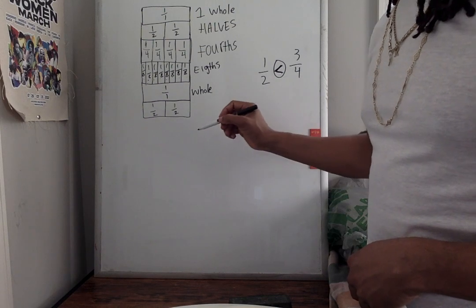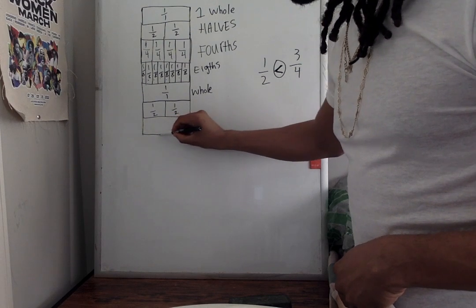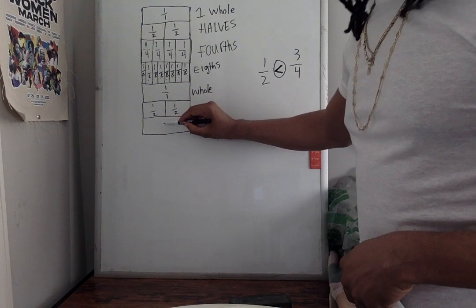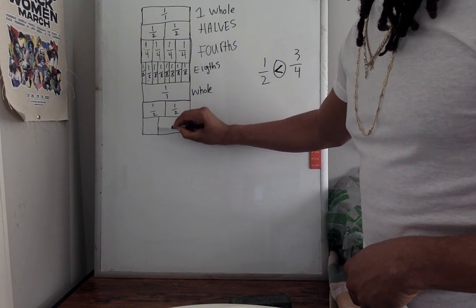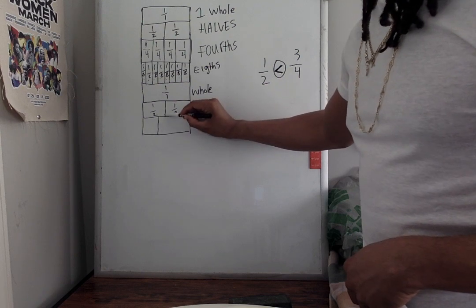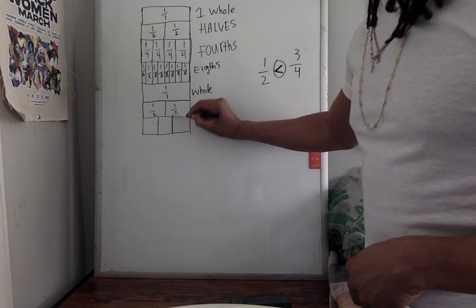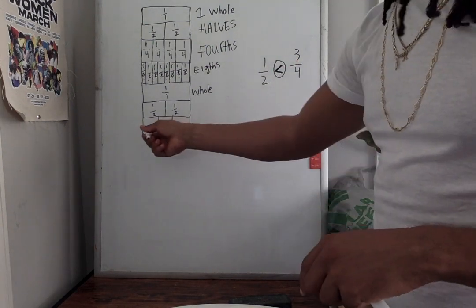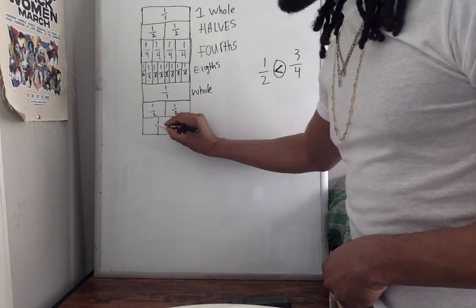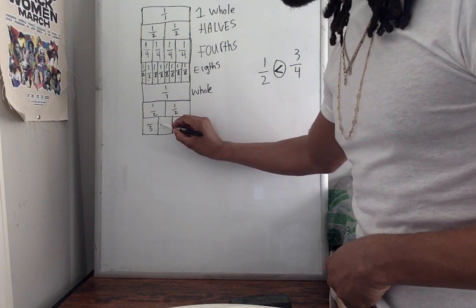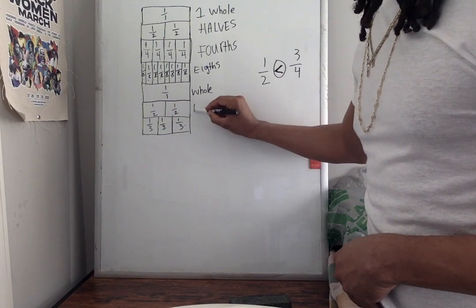And now to make thirds, I am going to bring these sides down, make another fraction bar. I'm looking at the line where the halves are, and I'm putting a line a little bit before it, and another line a little bit after it. Now, it's not perfect, but it's really close to being 3 equal pieces that are the same size. I have 1, 2, 3, so that means 3 is going to be the denominator, and each of these is 1 out of 3. So these were halves,